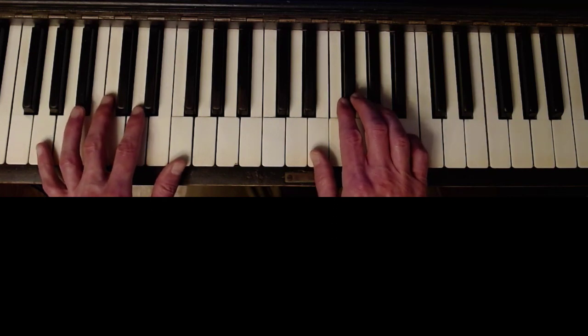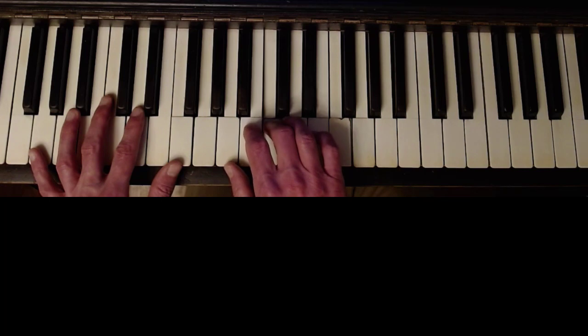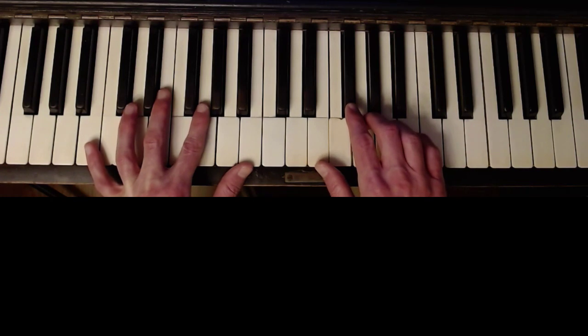Then you're going to slide your left hand down, your right hand down, to do C, B, A, B, C. Okay, so let's put everything together. 3 and 4